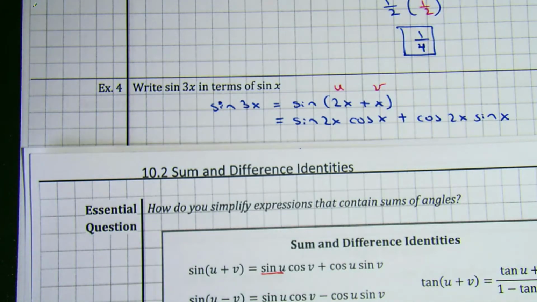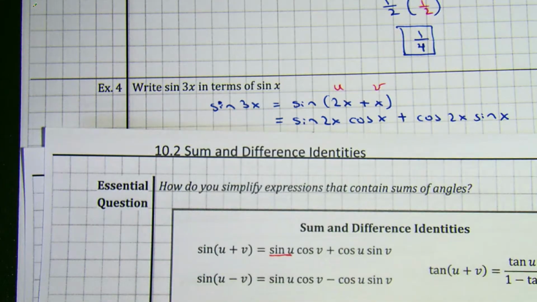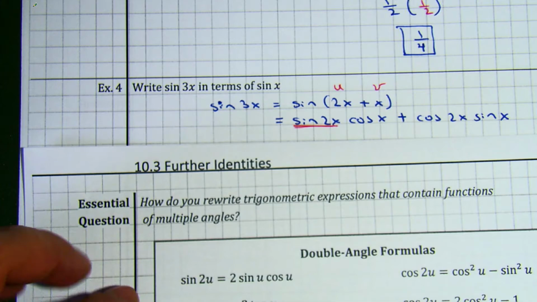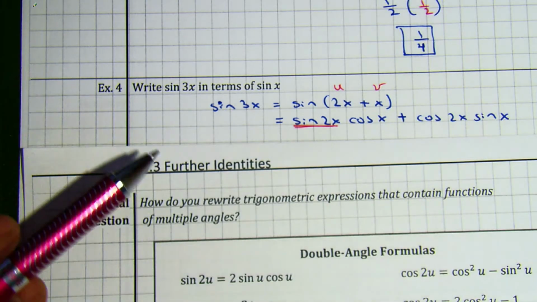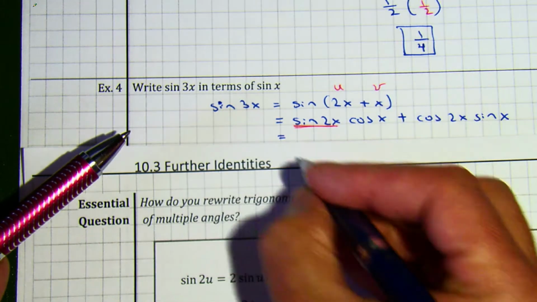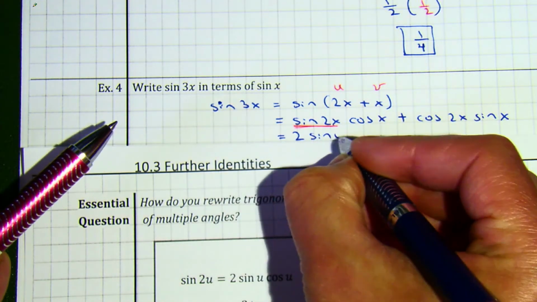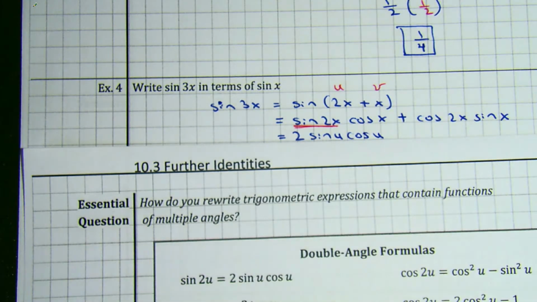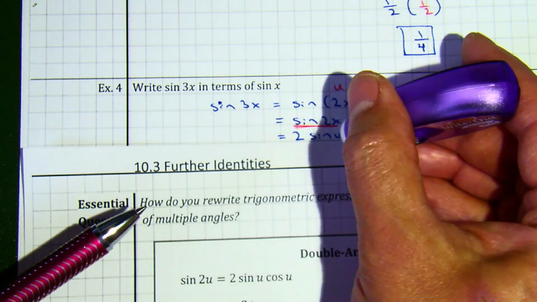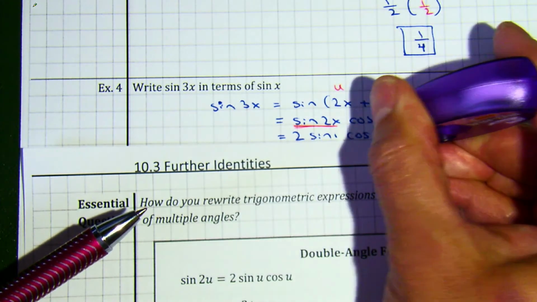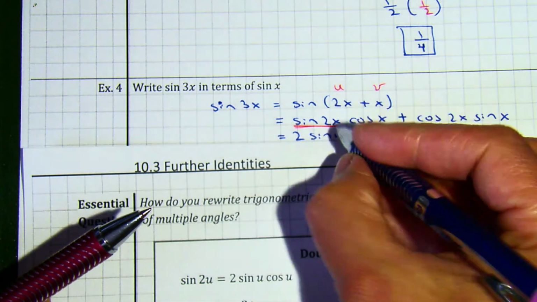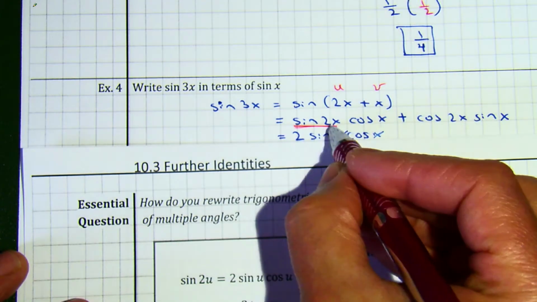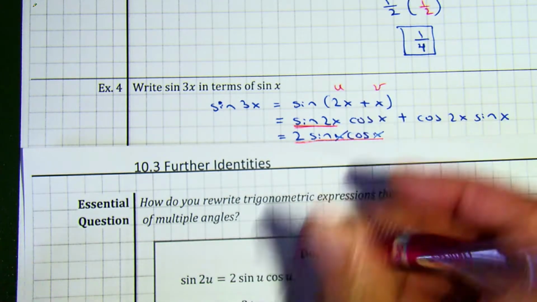So now what we're going to use, we are going to replace the sine of 2x with 2 sine of x cosine of x. Sine of 2x is equal to this part. I still have a cosine of x